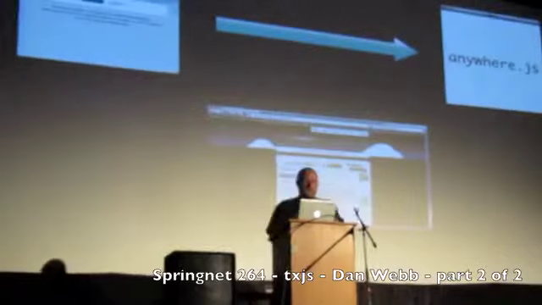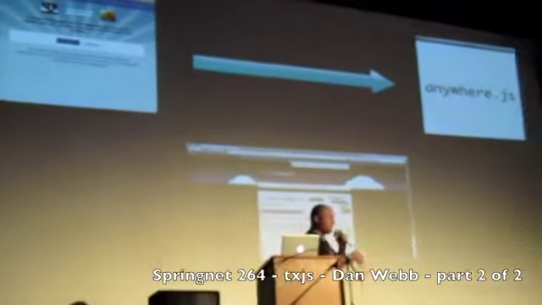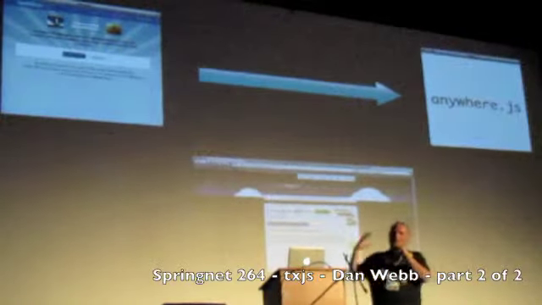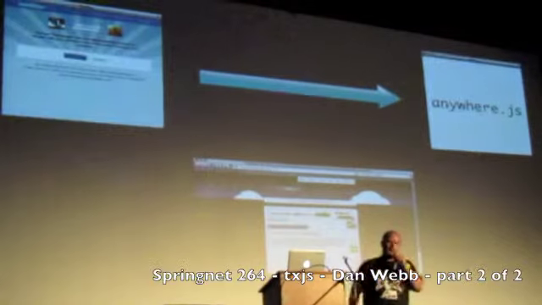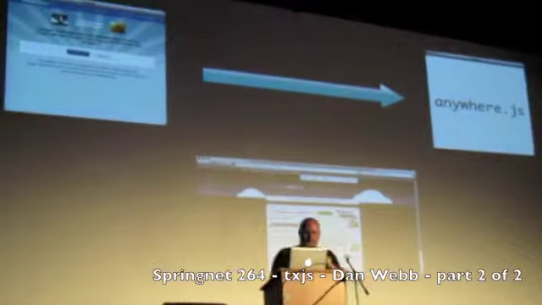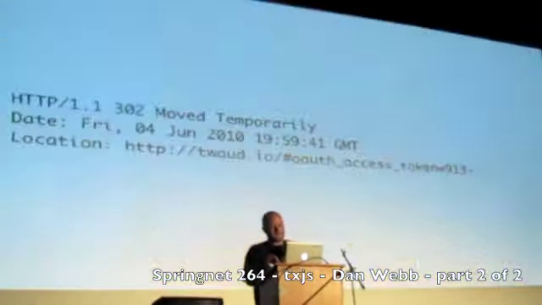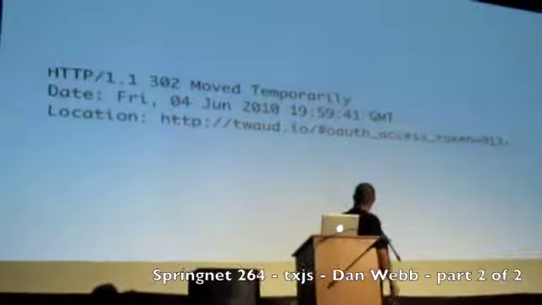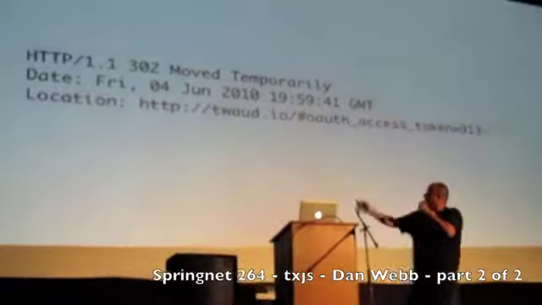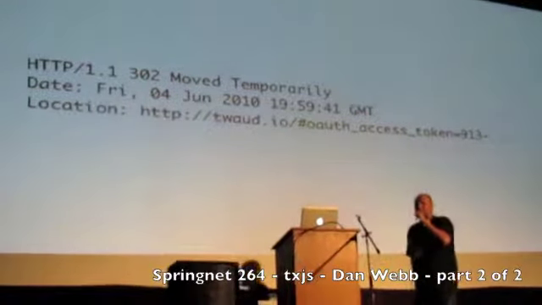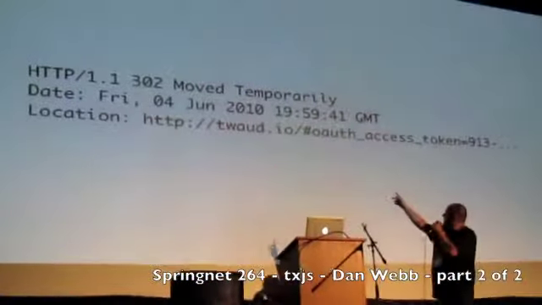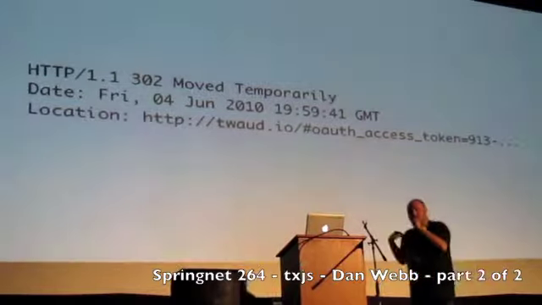Then the user logs into Twitter, so now we know that piece of information, and then after that they authorize that this client can do things on their behalf, so that's the third part of the puzzle. After this happens, we actually do the redirect within the pop-up window, and this is the HTTP request with all of the extraneous stuff removed. The thing to note here is in the redirect, which is also sent over SSL, we have in the location the callback that was given, but also we put the OAuth access token in a hash